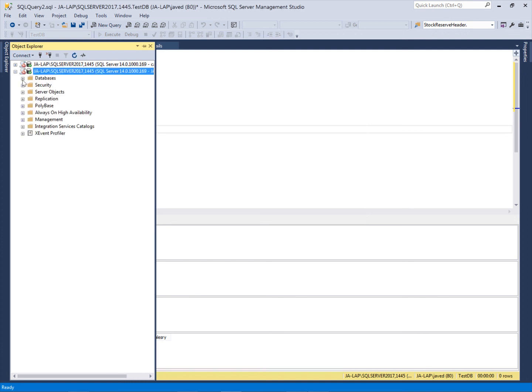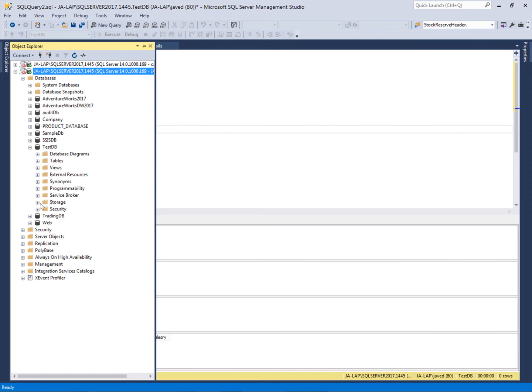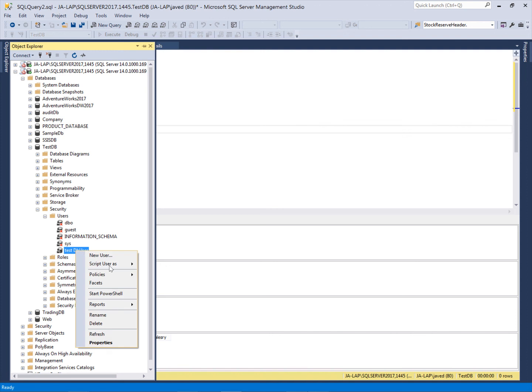By using this login, I have the right to access only TestDB, because in TestDB I already created a user in the previous video, the TestDB user, which is mapped with this Windows login.